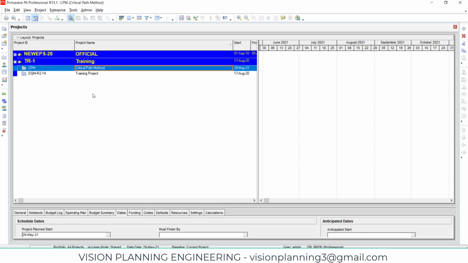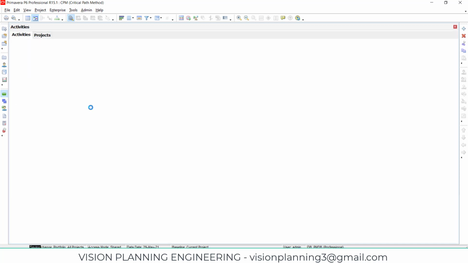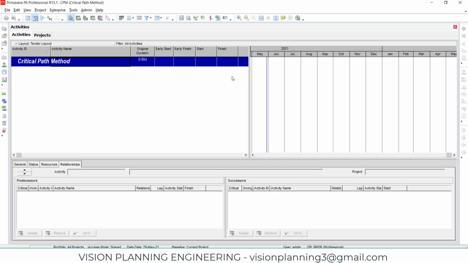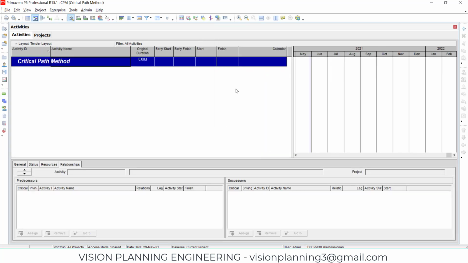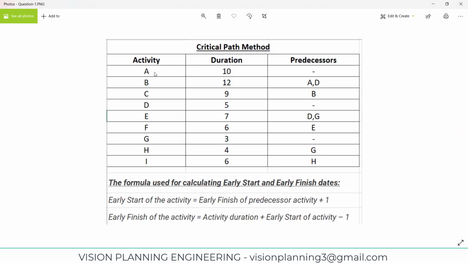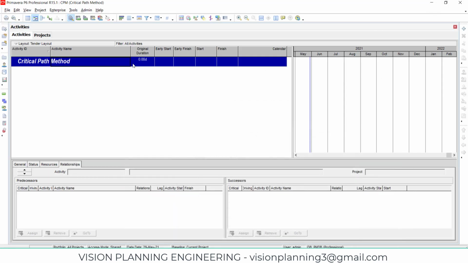Okay, so once you gave it the name, now the most important thing here is you have to define the activities. So if you see here, we have the activities here A to I. So we'll start creating the activities in Primavera P6. So one way to create an activity is click on this plus sign.